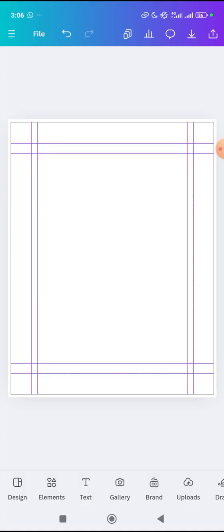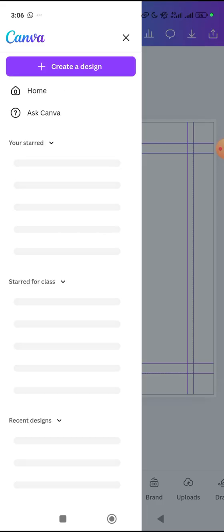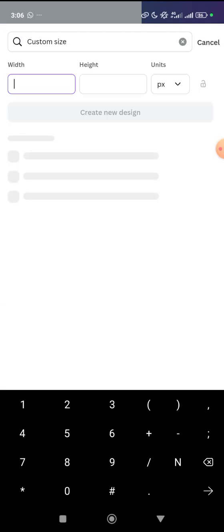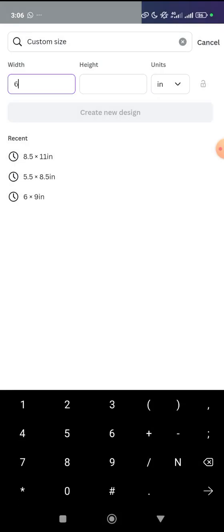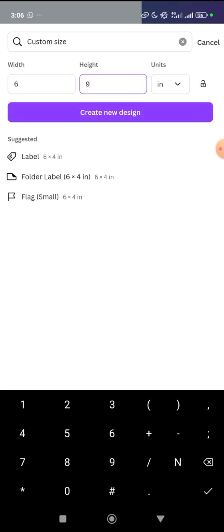Okay, so you can just set this up, and that's that, and then you'll be good. So for the next trim size, I want to teach you. Let's just click the top right here, click on create design. Let me just set up another one, custom size. Change this to inches. All right, so my width, I'll be going with 6 by 9 now. All right, 6 by 9